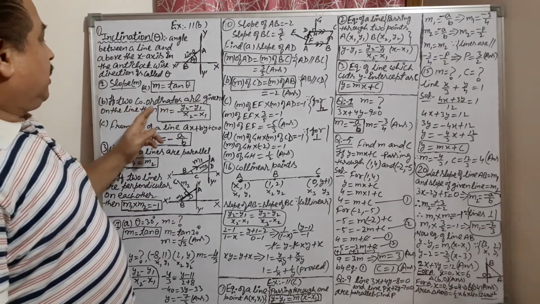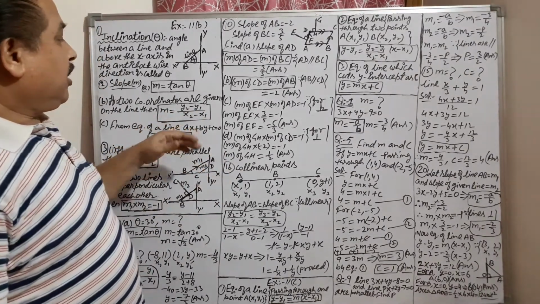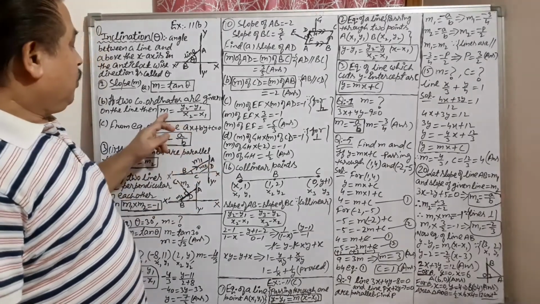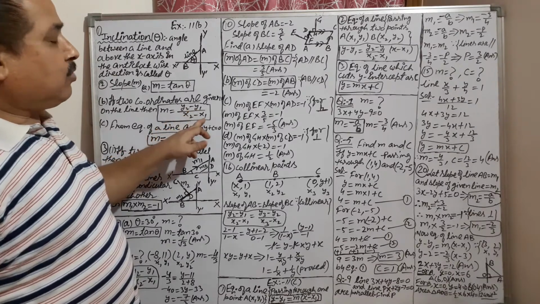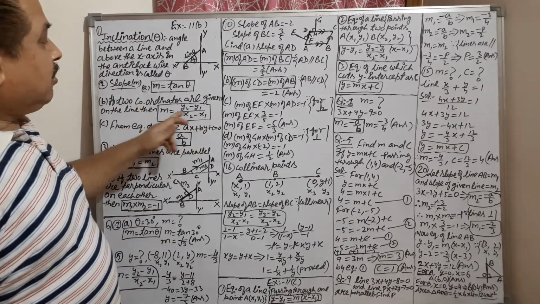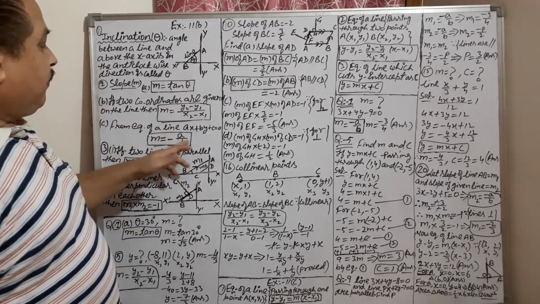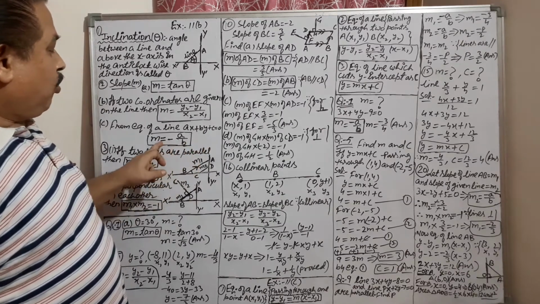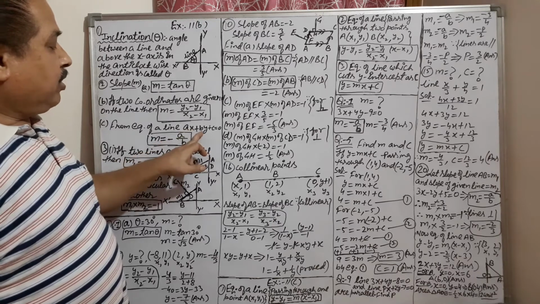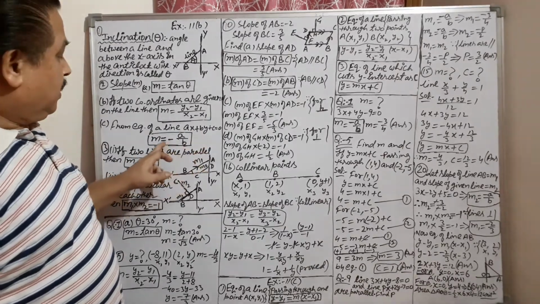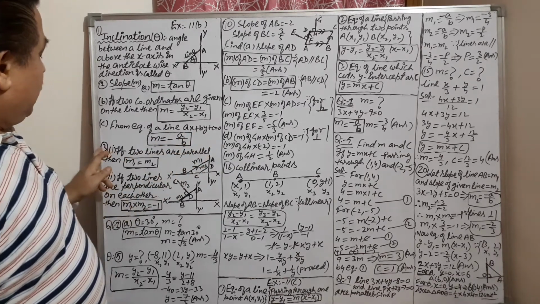Now secondly, how can you calculate the slope? If two points are given, with coordinates x1 y1 and x2 y2, use this formula: m is equal to y2 minus y1 upon x2 minus x1. So this is again a slope formula when two points are given. When an angle is given, use the previous formula. Now if the equation of a line is given, then use this formula: m is equal to minus a upon b. What is a? The coefficient of x, and b is the coefficient of y. So this is the case of the equation of a line. Again, slope.